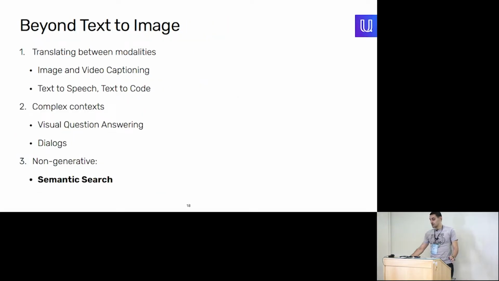Okay, so enough with the fun part. Let's get a little bit more technical. When we talk about multiple modalities, I would generally split them into those 3 categories. The first one is kind of the most obvious: you translate between 2 modalities. Essentially, imagine the old school task of neural machine translation, a sequence-to-sequence modeling problem. You can do the same across modalities. So you can have an input image, and you would generate a sequence of textual tokens, which would be image or, let's say, video captioning.